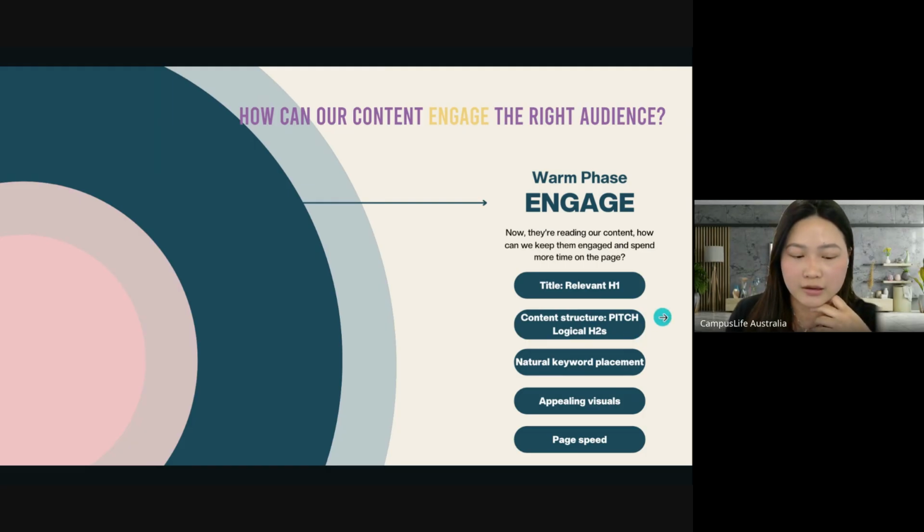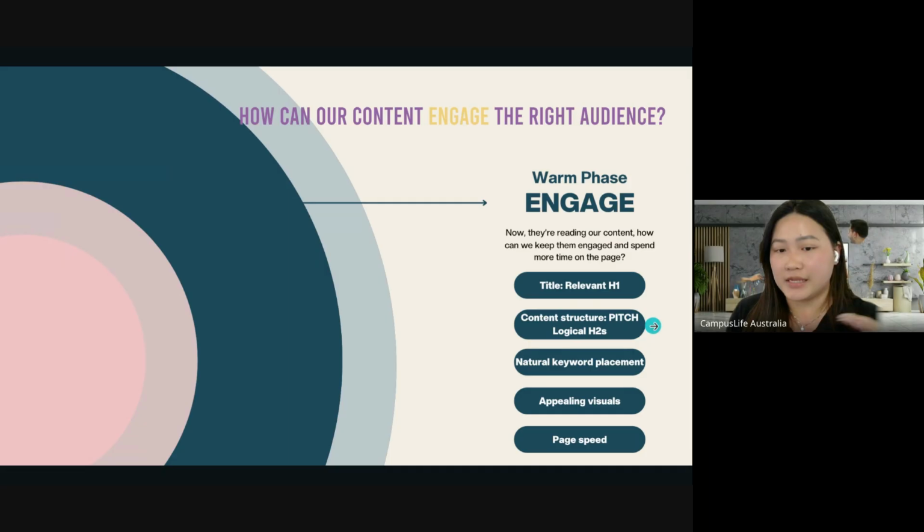And a few things that I usually really focus on is first the title. In SEO terms, it's called H1, heading 1. Is it relevant? Is it a relevant hook that actually hooks people into clicking on that content? And then next is the content structure, which is the H2, the headings that you're going to put in the blog body. And as I mentioned before, I usually follow the pitch process. What is the tease? What is the problem? What is the solution? Why would they care about us, or why would they purchase our service?